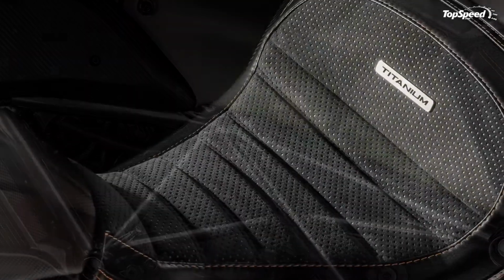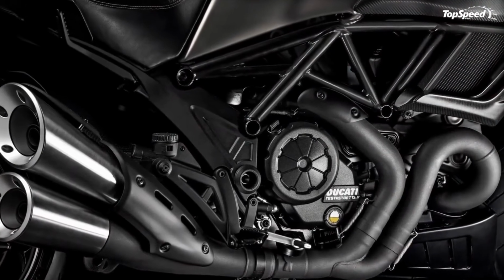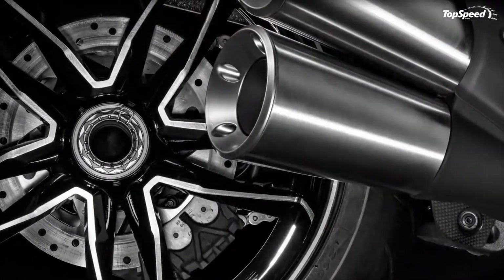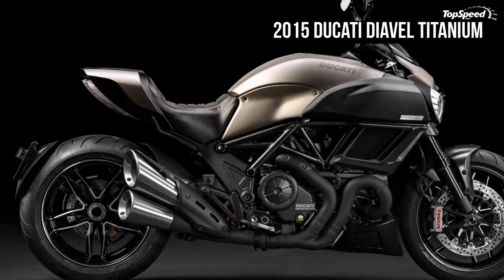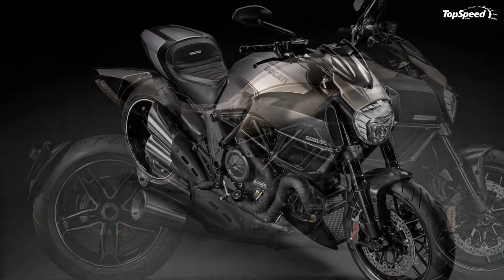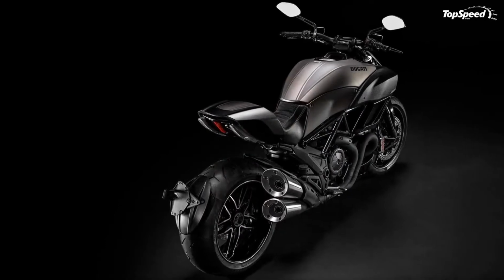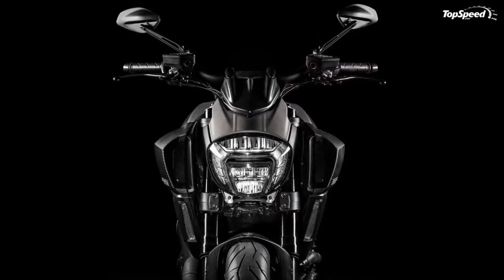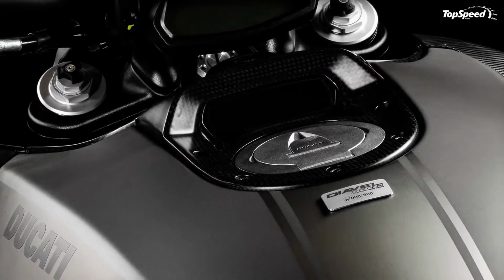Design. I like to think of the Diavel line as a street fighter with a borderline superbike personality, and that borderline gets very fuzzy on the Titanium. Large carbon fiber intake vents accentuate the all-up-front look of the bike, kind of like a pit bull gathering itself to pounce. In another stroke of truth in advertising, the designers actually used titanium body components, to include the fuel